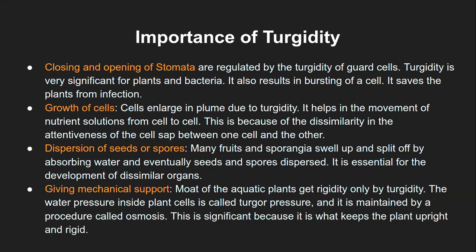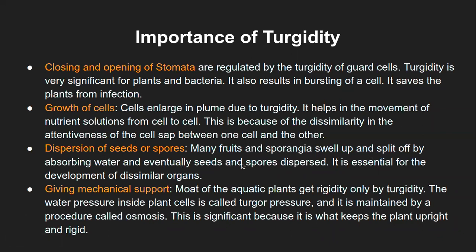It has an unripe mango-like shape, and when it bursts open, it will release those feathery round balls, and they will carry seeds along with them. So many fruits or sporangia, which is nothing but the spore-containing structure, right? Sporangia specifically are present in the fungi as well. So these fruits as well as the sporangia structures swell up by absorption of water, and they will split up due to too much water.